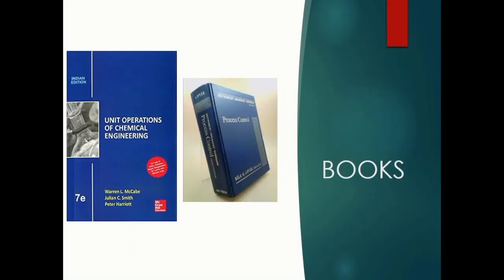What are the books to refer to? There are a number of wonderful books available, but my complete recommendation is Béla Lipták's process control book and a book on unit operations of chemical engineering. Don't get scared that we are instrumentation engineers or electrical engineers. What is the role of chemical engineering? We all must know the process. If we know the process, then only will we be able to control it, measure it, and sense it. So these two books are the most preferable ones.